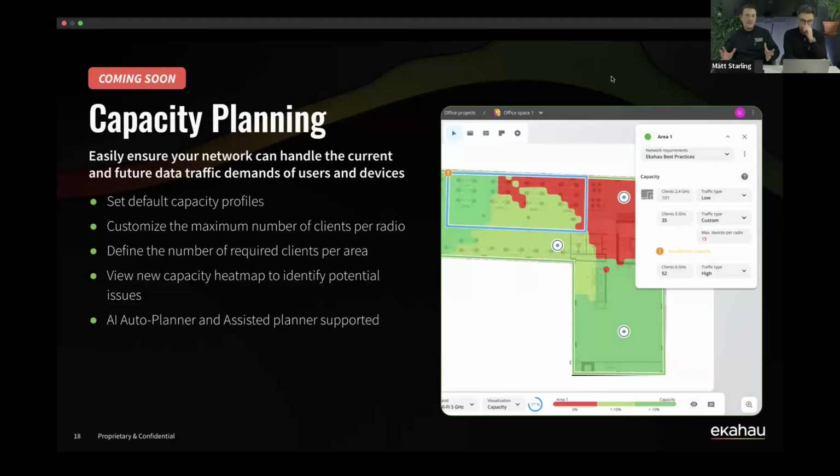For example, you draw an area, and then we show you that with this default profile, you will have, for example, 100 clients supported within that area. So for each area, we will calculate and display how many clients that area will support. But you can always create a custom profile or change it to another profile, and for example, define how many clients maximum can be connected to a single radio. So that is all coming. And of course, we will have a capacity heat map, which will tell you immediately, is your capacity in order, or do you need to add, for example, more APs or radios?